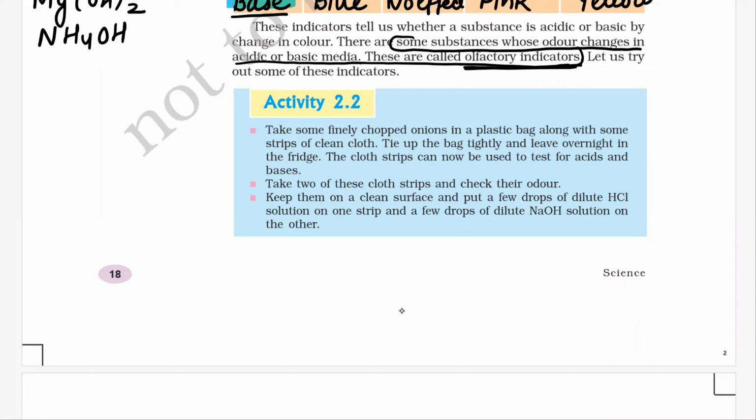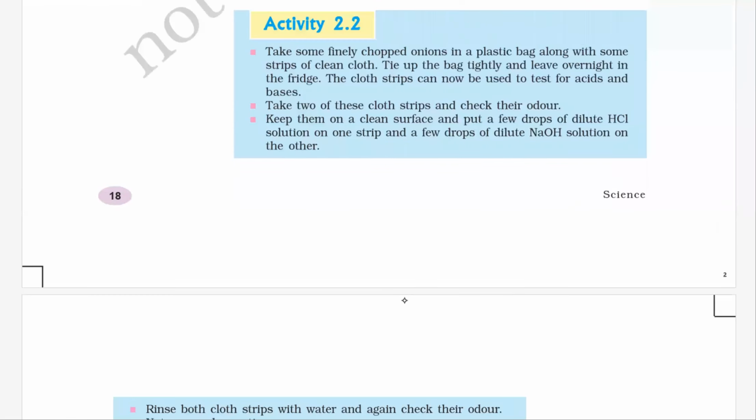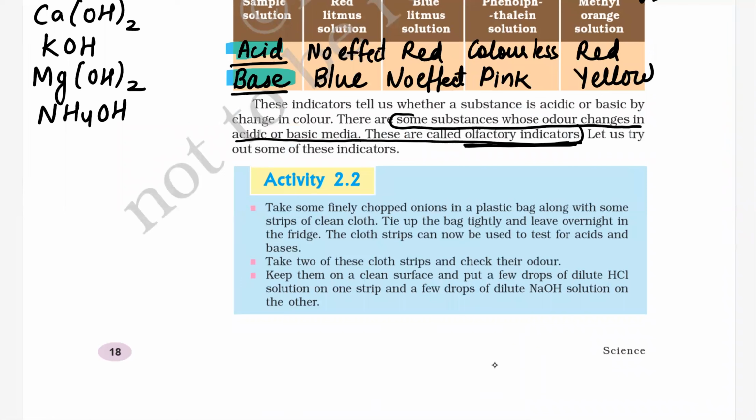Keep on a clean surface and put a few drops of dilute HCl solution on one strip and a few drops of dilute NaOH solution on the other. Rinse both the cloth strips with water and again check their odour. Note your observations. So what you have to do is, some finely chopped onions are taken, and they are